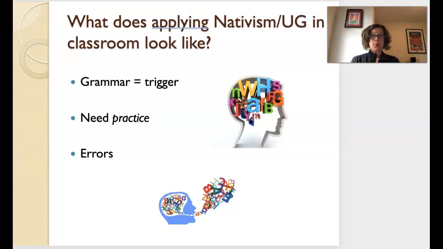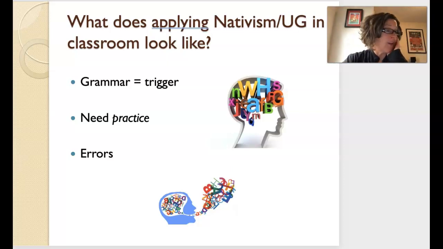in a nativist classroom, grammar would actually be a trigger, because grammar is particular to each language. So the child understands how to understand the language acquisition, but they need the particular language triggers. So the student would need language exercise in class, give learners practice with rule application. And errors are actually quite acceptable and a byproduct of language learning, because